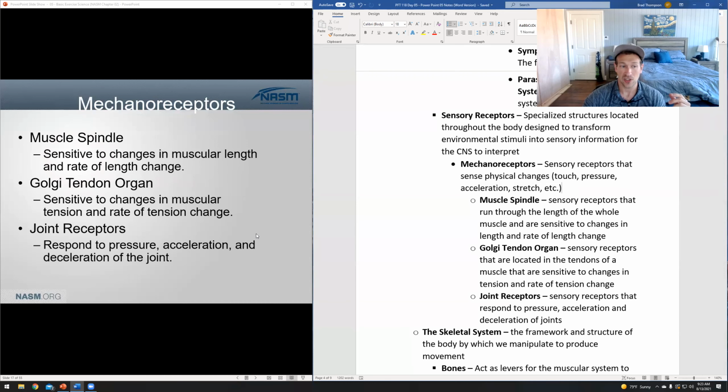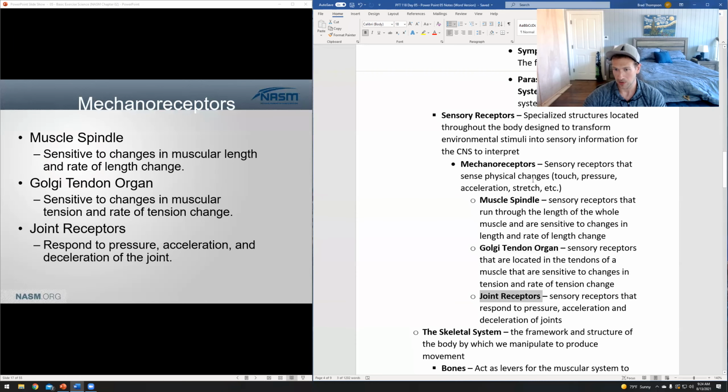So for instance, in your skin, you've got some mechanoreceptors. If you were to grab your skin and just twist it, you would feel that stretching sensation. And so mechanoreceptors are saying, hey, our skin's getting twisted for some reason, right? But more relevant to us are these three primary categories. Now, again, I would say probably the most important information is proprioception, but this is related to how we have proprioception. So the three primary mechanoreceptors that we're going to talk about are muscle spindles, Golgi tendon organs,